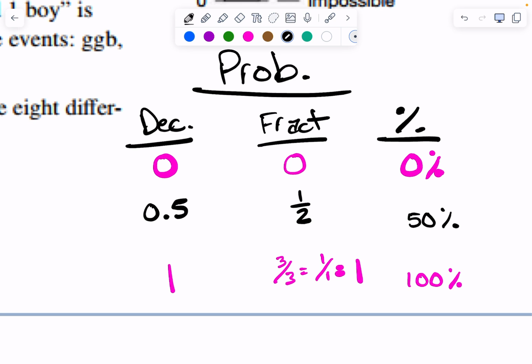You cannot have a negative 30% chance of something happening. You cannot have a 120% chance of something happening. Okay, now,